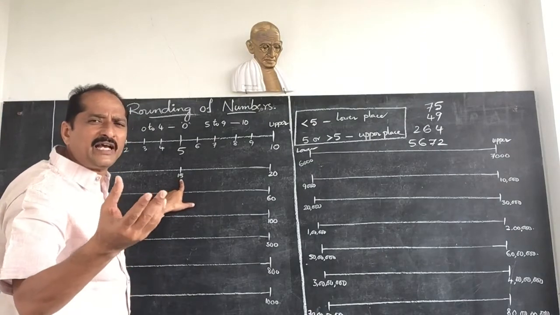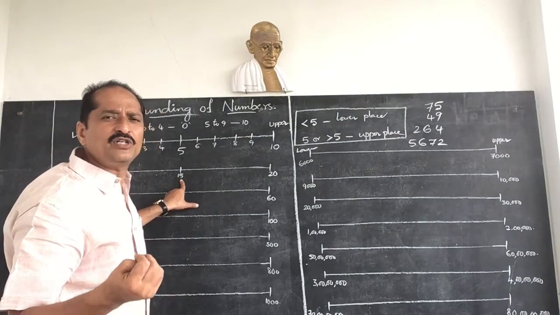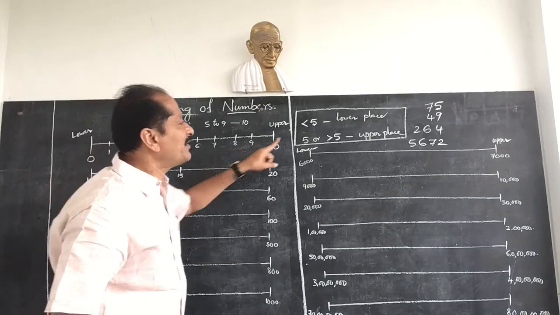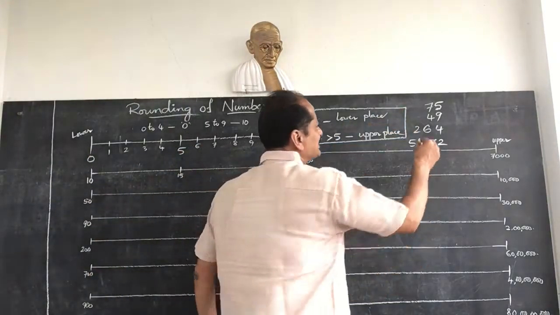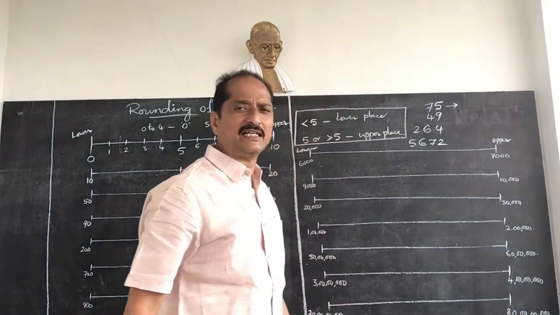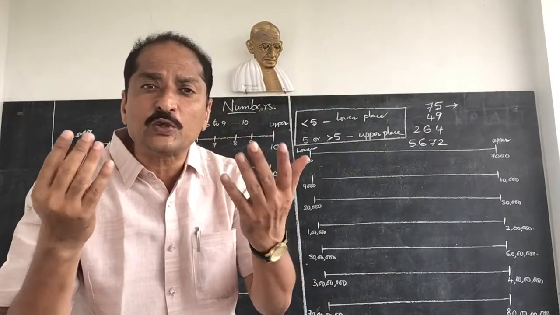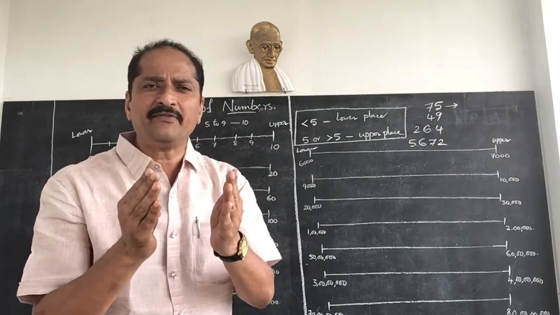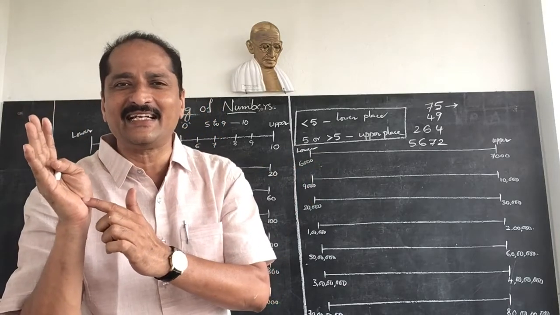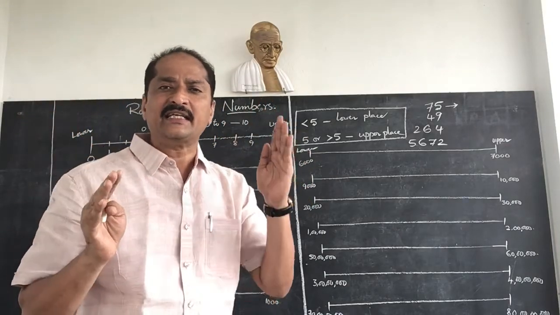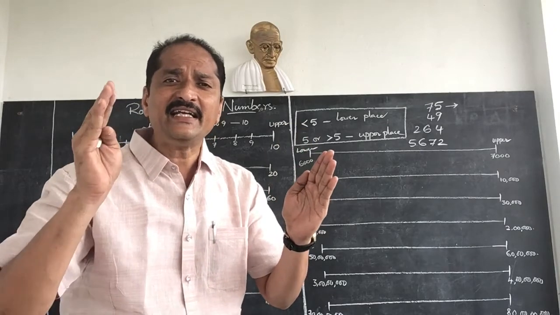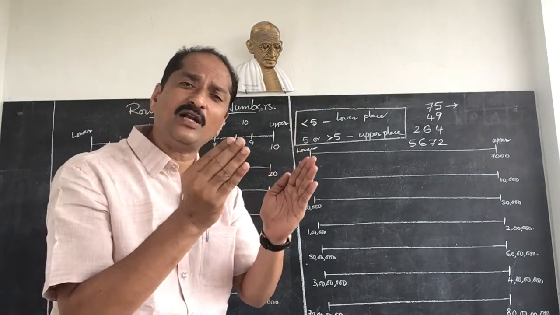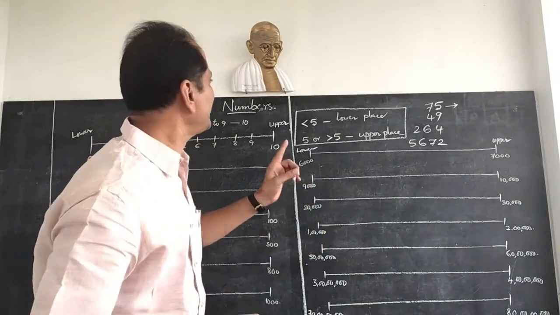So, whenever we are rounding a number to the nearest tens place, we should observe the ones place digit. Now here 75. Round off this number to the nearest tens place. To round off this number to the nearest tens place, 75 is in between which two tens? That means it is in between 7 tens and 8 tens. That means it is in between 70 and 80. 70 is the lower ten, 80 is the upper ten. So, 75 should be rounded to either lower ten or upper ten.